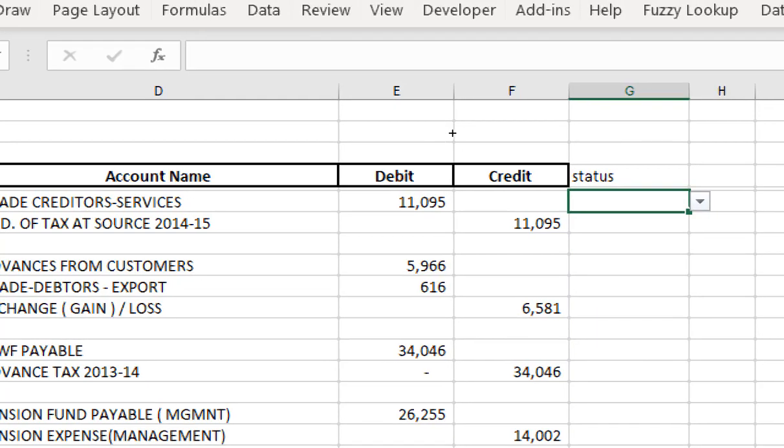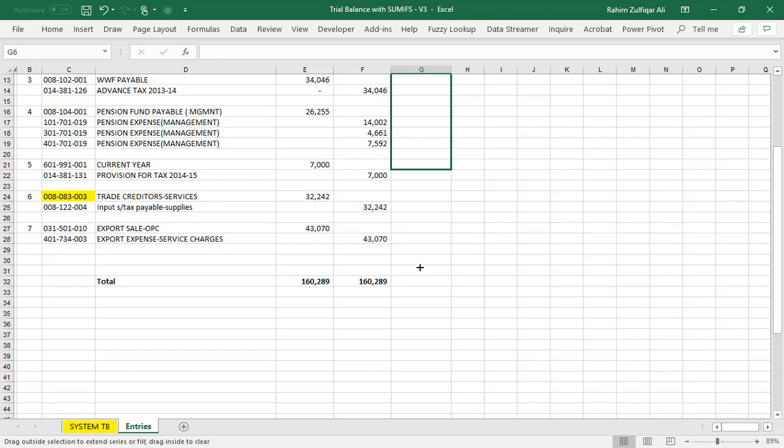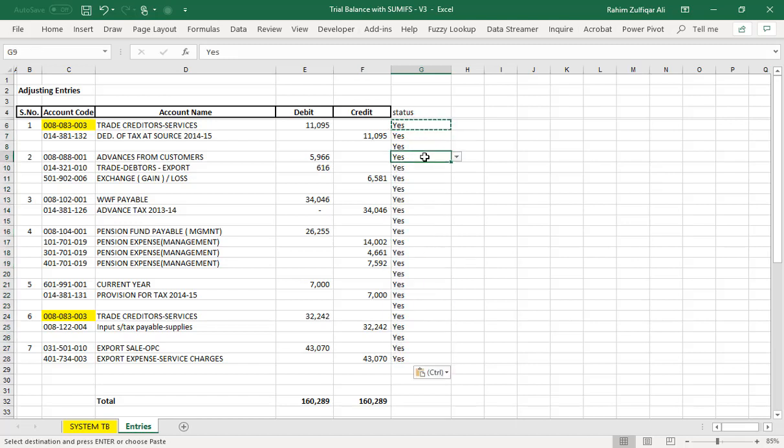I will drag this to apply it to the whole column till the end of my entries. Now I will select yes because I want to park these entries. So I copied the yes criteria to each row. Right, and now see how it will be executed.